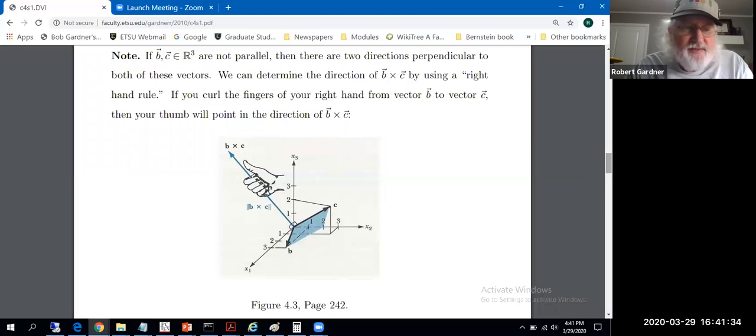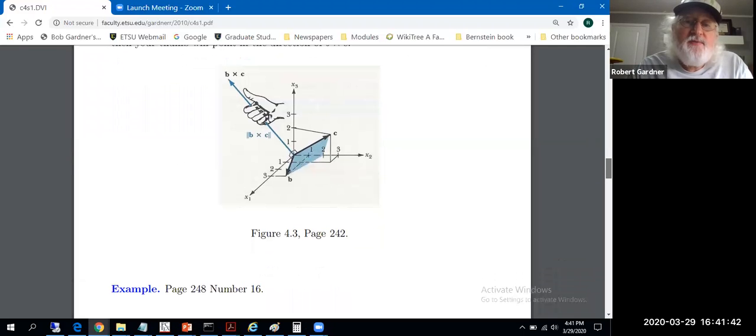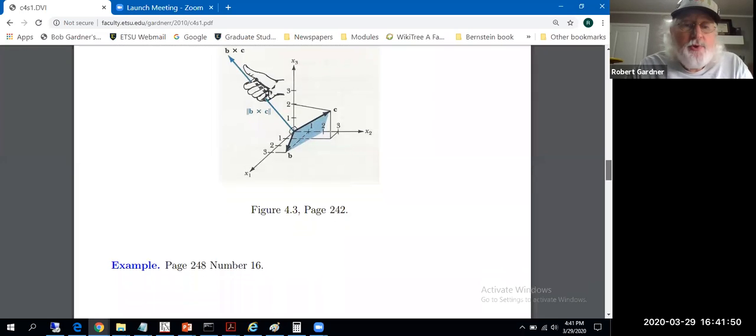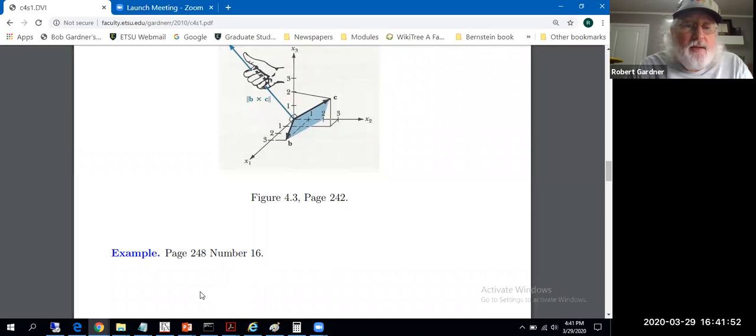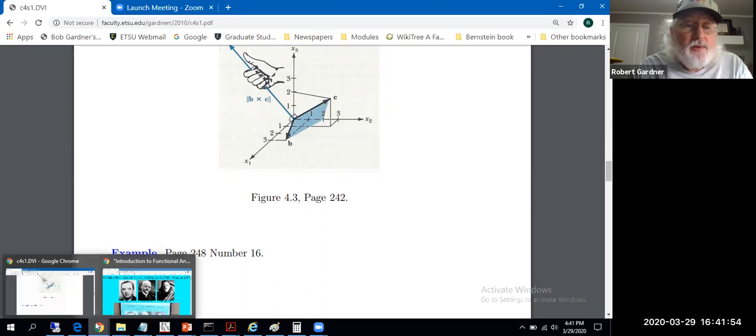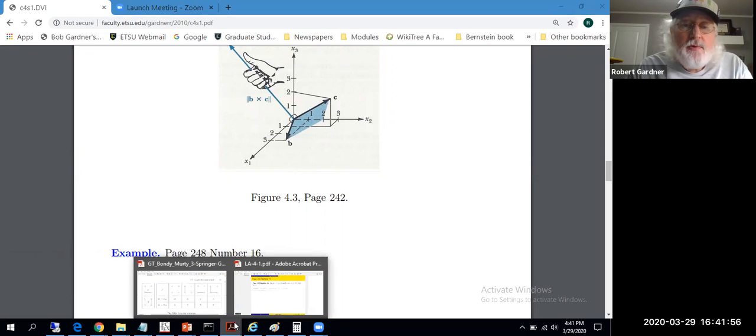DNA curls, it has a direction to it. DNA has a right-handedness to it as well. But there are some geometric properties of cross products of vectors. This offer is only valid in 3 dimensions, so we're only talking about vectors in R3. We have the equipment to compute a cross product, so let's go to